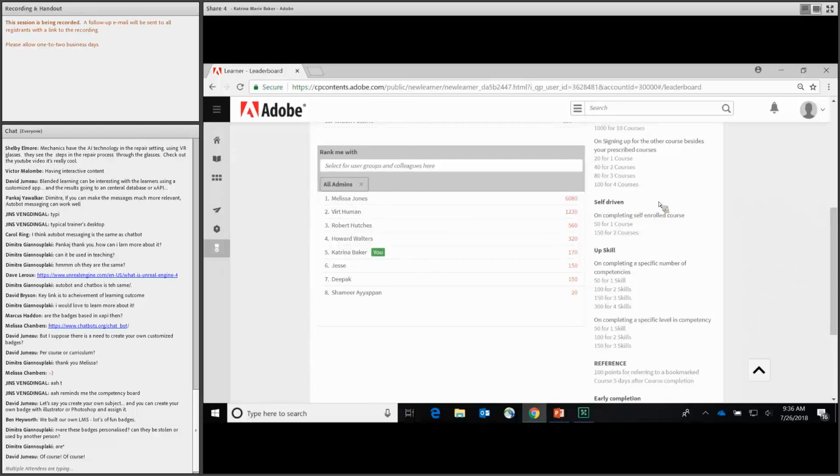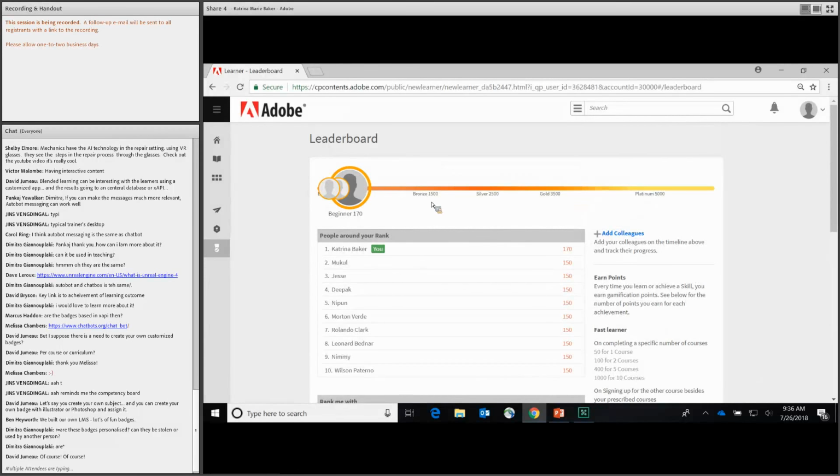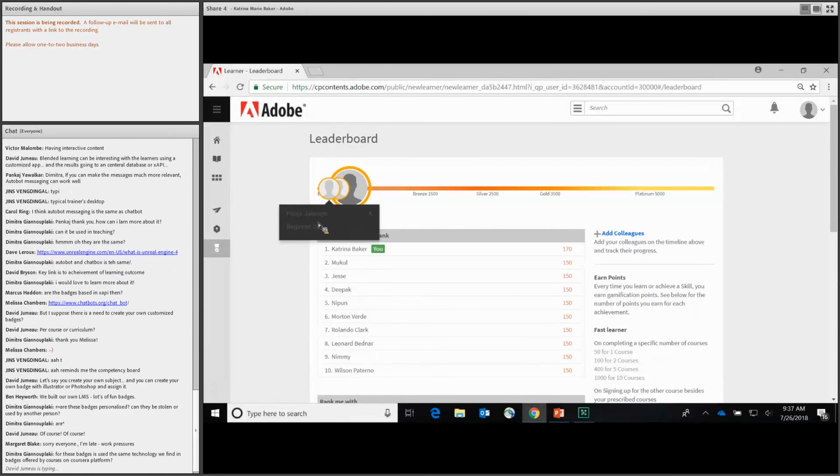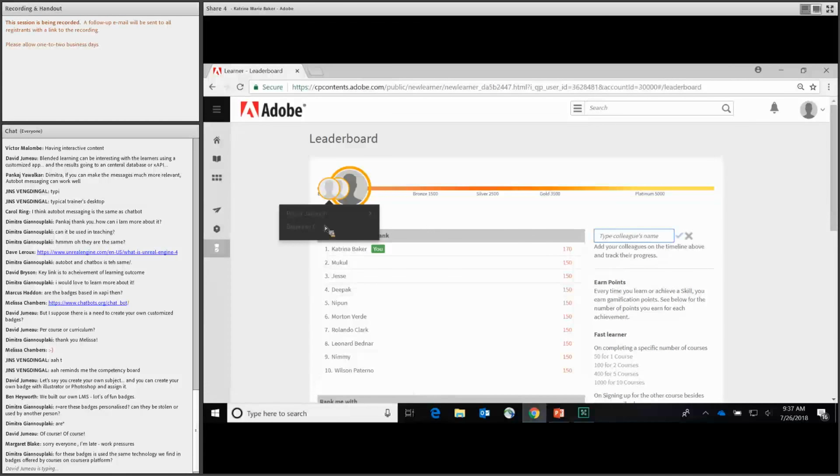Here at the top, this is kind of a fun thing too. If you've got people working toward a particular goal, like you want people to accomplish the bronze trophy by getting 1,500 points, you can kind of set up this timeline of accomplishments, and then you can add colleagues to that timeline to see how they all rank. So actually, I went to add colleagues, typed in some colleagues' names. So Pooja, you see here, is a beginner. She just came in, so she's ranked at 0. You can see Oliver is ranked at 150, so he's taken some materials and completed them, and I can just basically see how they rank on the leaderboard.